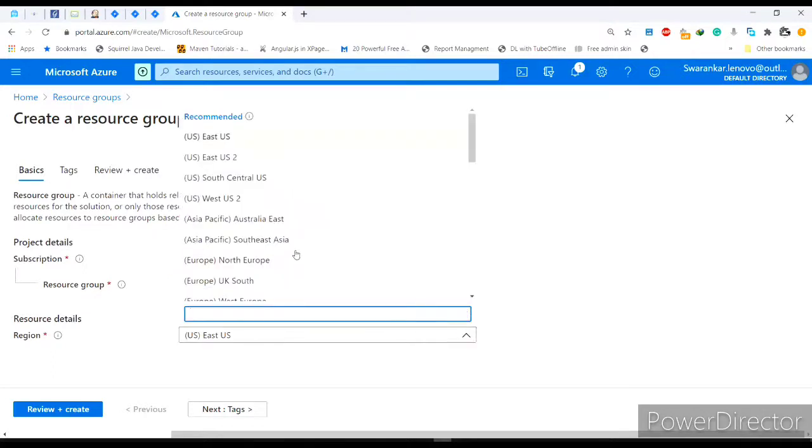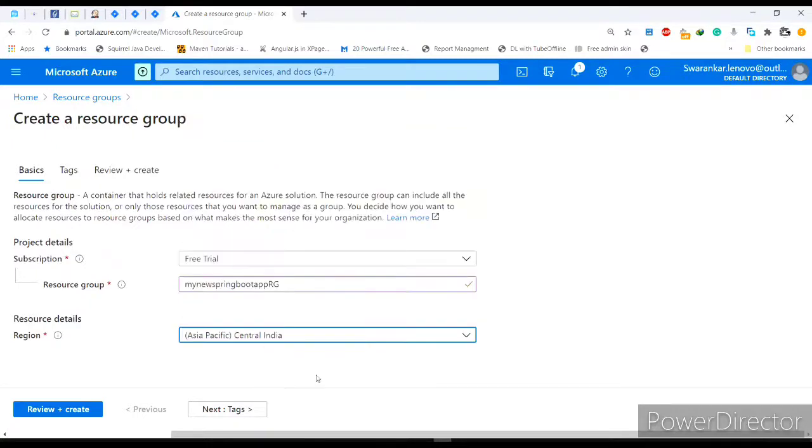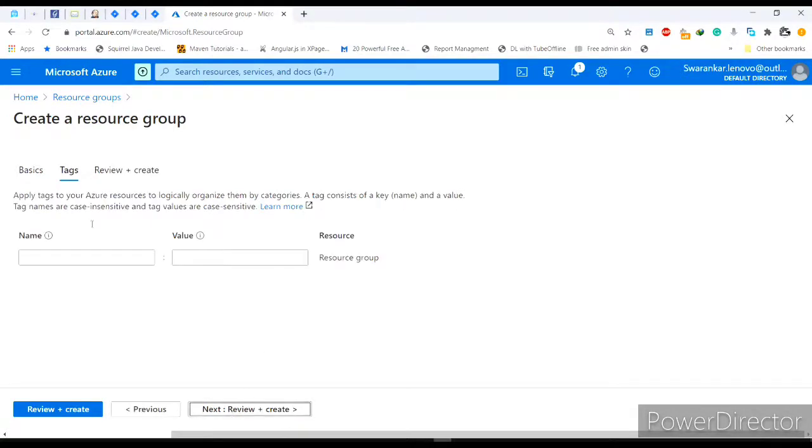I select region as Central India. Then I will click on tags.